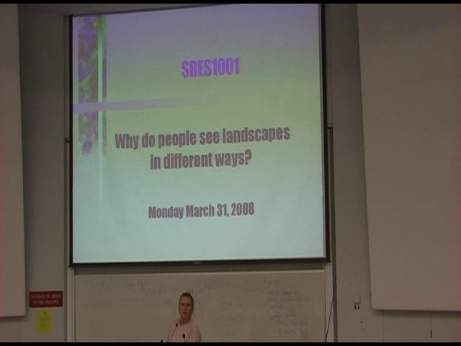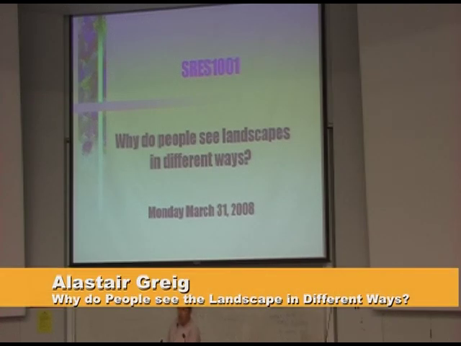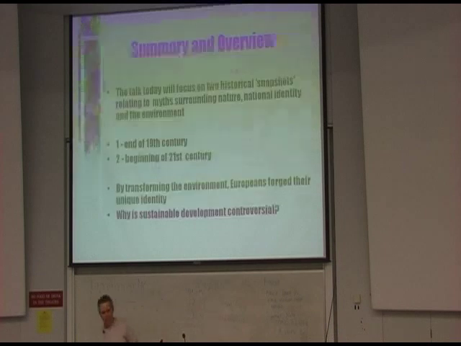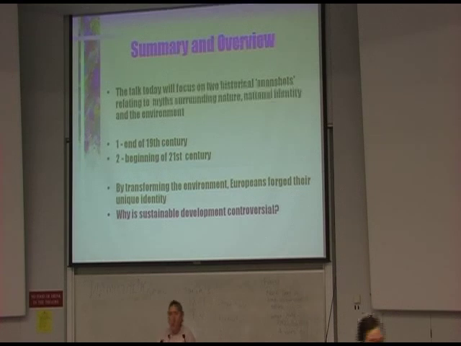Alright, what I want to do today is, in many ways, give an overview of what we've been looking at so far in the course, and I want to do this by asking a couple of questions. I want to ask this question: why do people see landscapes in different ways? I think by asking that question we can look back at all of the panel discussions and lectures that you've been looking at so far, both in terms of the contemporary ecological issues as well as the issues of